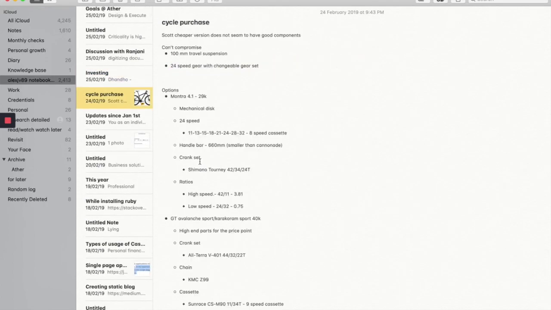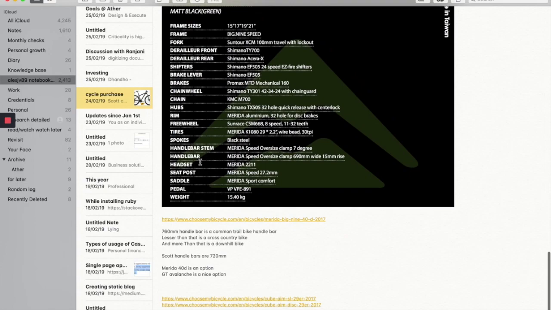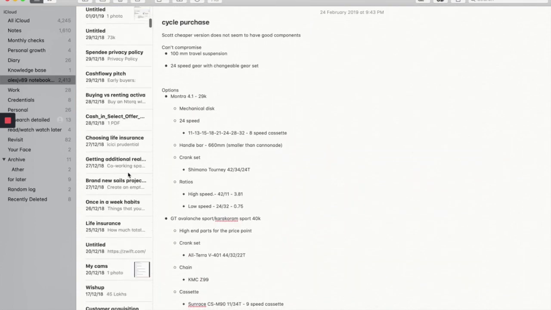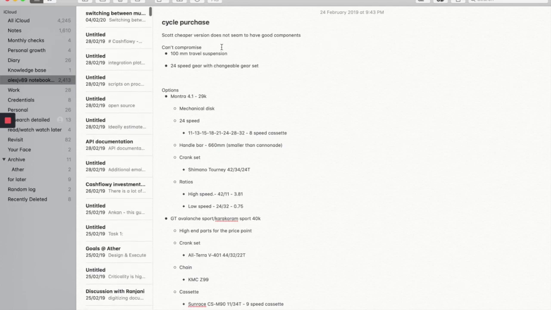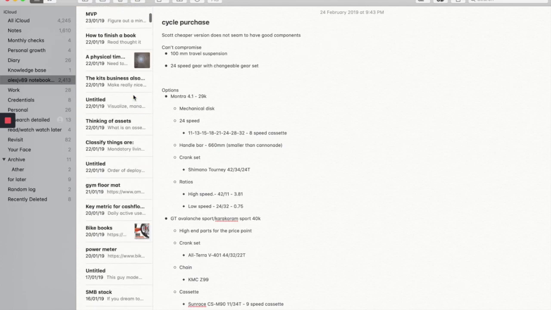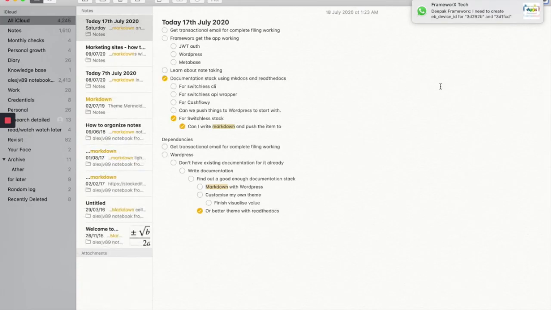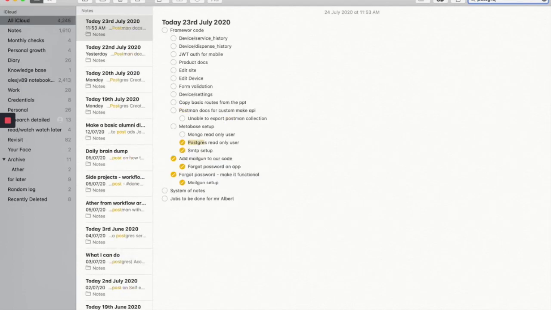For example, let's say I have some research that I did on cycle purchase. It's all super tedious to find. I wouldn't even know what is there, right? And sometimes when I search for something, let's say I search for markdown, a lot of things turn up. Or a simple thing: if I search for Postgres,